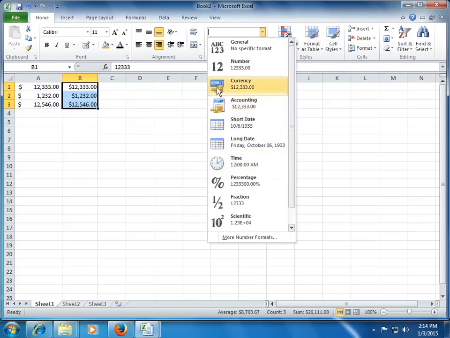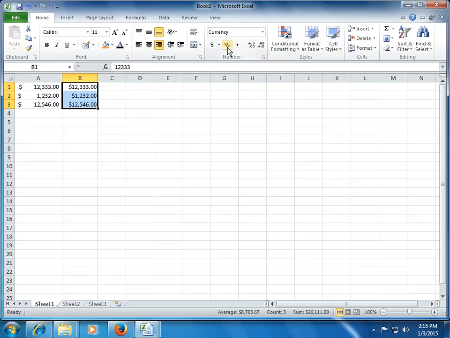Right? And similarly we have other formats, like if you are working on dates, we can use the short date which will be in this format, or you can choose the long date which will be in this format. We can choose time, percentage. Percentage is important, so we have a drop down button here and we have a button here for percentage. So if I am writing any data in percentage format, I can choose the percentage format and it will change it to percentage. I can also increase and decrease the decimals of the percentage. Fine, so this is about the number format.